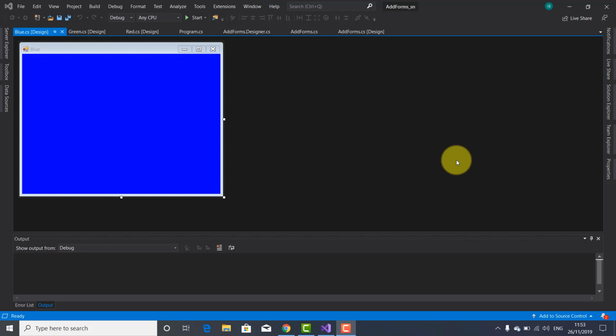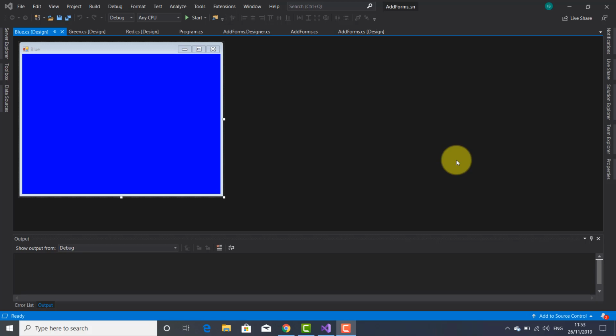That means an MDI project is able to manipulate and open multiple forms of your project, as opposed to an SDI project, which stands for single document interface, where your project will be able to manipulate only one document or